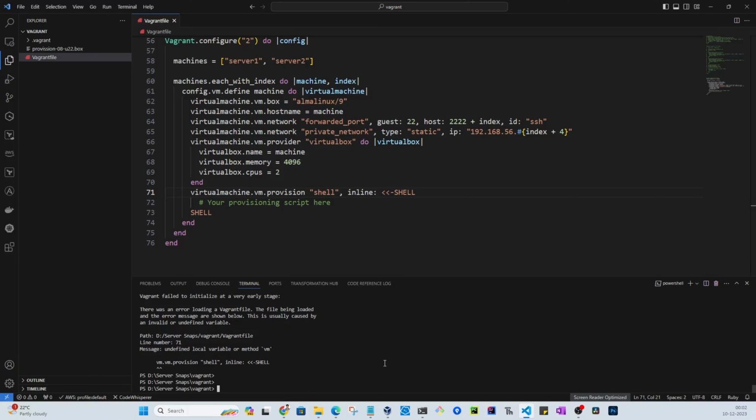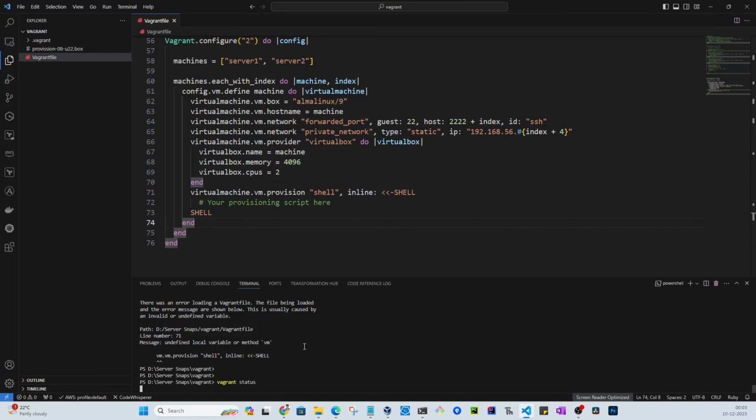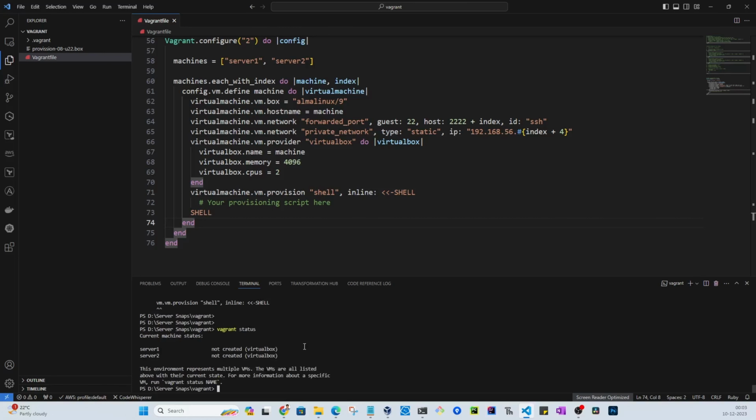Now, the good part about it is that this is why we use Vagrant status. In case there is any syntax error or any kind of error, it's going to show us that at this point we have that error. What I had done was mention a VM, which was wrong. Here I meant that this whole section is the virtual machine section, and I had given a different name, so that's why it threw an error. Now if I check that status, I hope it's going to allow me